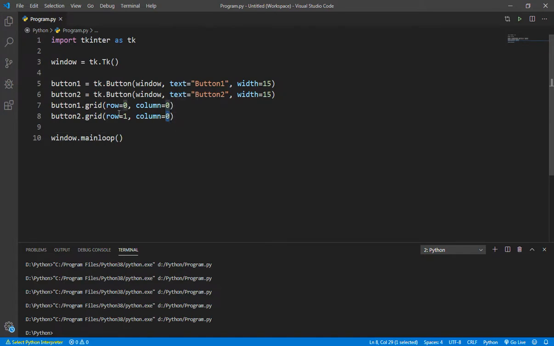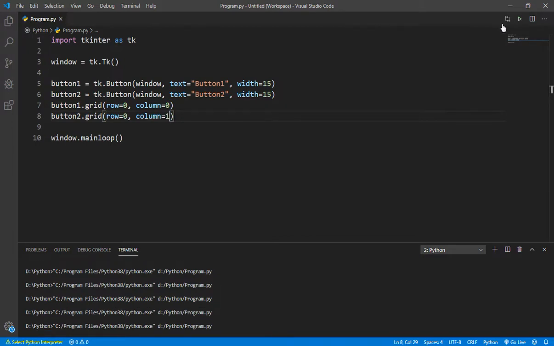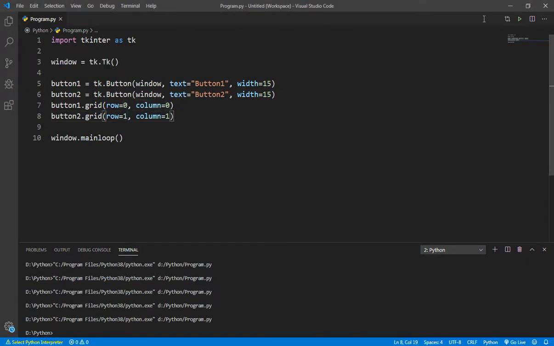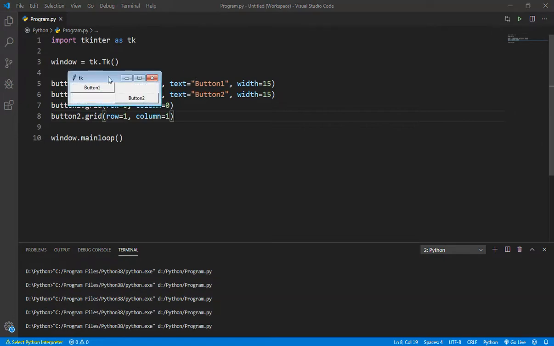Here, now if we give row to be 0 and column to be 1, as you can see, both buttons are visible but differently. Okay, so button2 is 15 pixels away from the left, because button1 has given it the value of 15 pixels, the width of the column. Okay, so here now let's give row and column both 1.